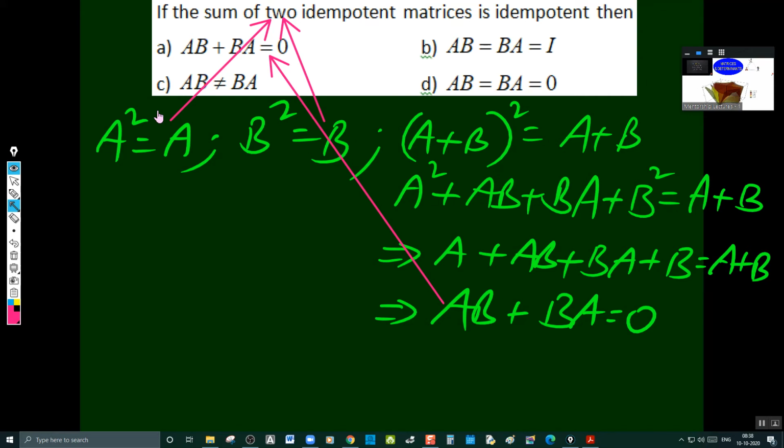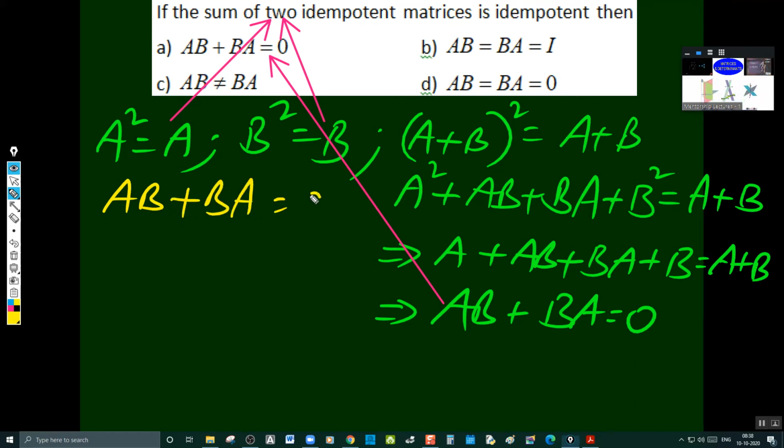Then you have to see for the other options. AB is equal to BA is equal to I, and AB not equal to BA, and AB plus BA is equal to 0. Let us try for the other options now, because we have already got AB plus BA is equal to 0. And you can make use of this A square equal to A and B square is equal to B. So let us try for that. AB plus BA